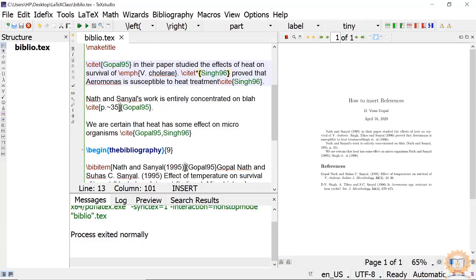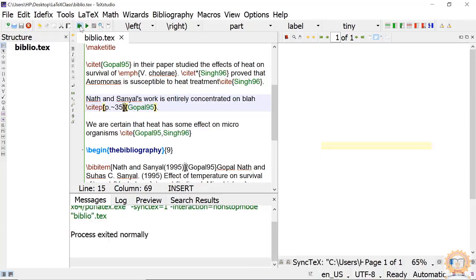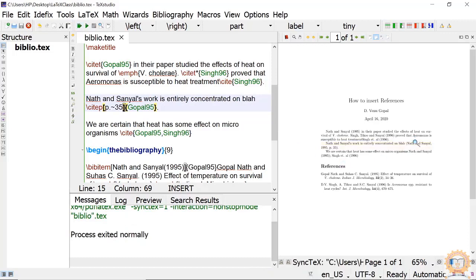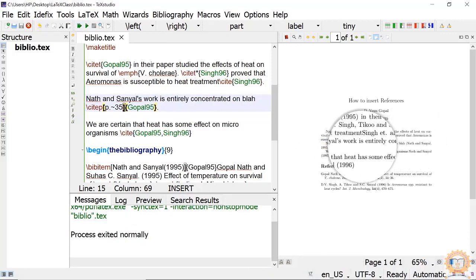Natbib. And in addition to this, there are many other things also. Like in \citep, suppose I write \citep, it will come in parenthesis. See, Nath and Sanyal 95.